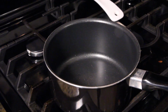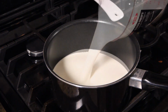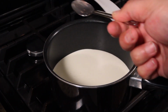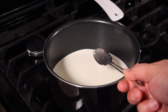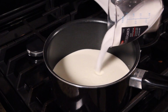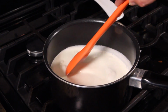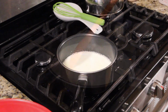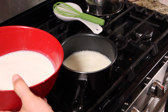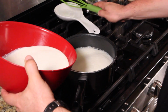We are going to place our heavy cream in here. You're going to take just a teaspoon of the orange water, or rose water if you're able to find it, and just drop it in there. Then you're going to take your sugar, put your sugar in there. You start mixing it up on a medium heat, and you're going to want to bring it to a boil. You're going to take your milk and corn starch mixture, now that it's boiling, and you're going to basically pour it in